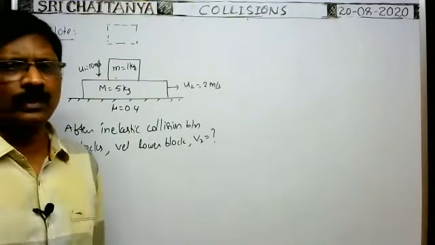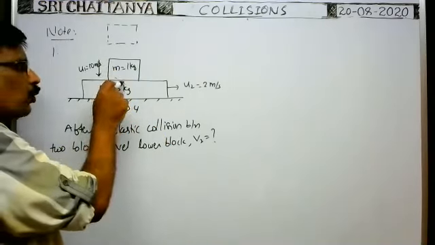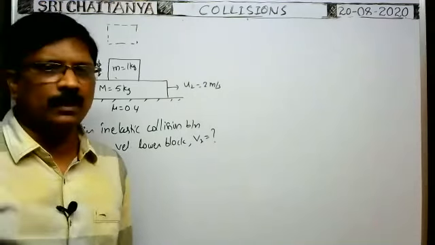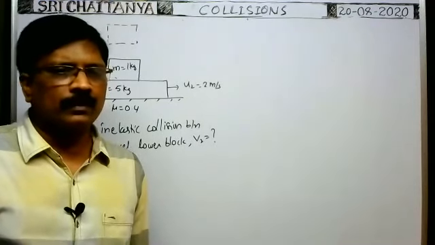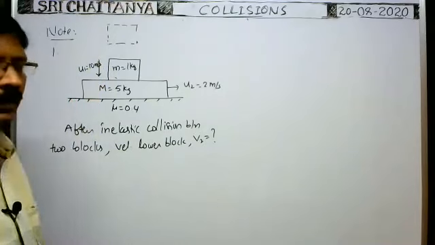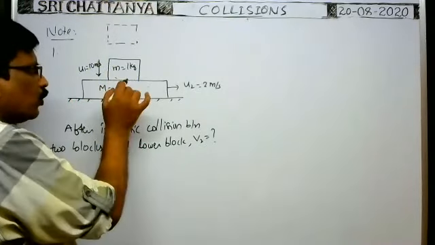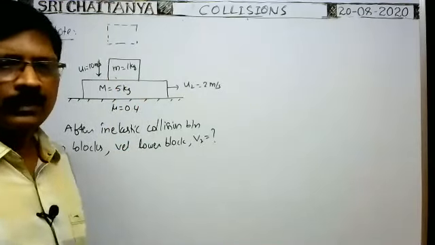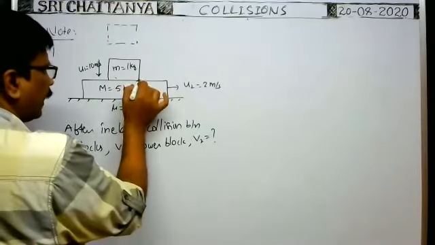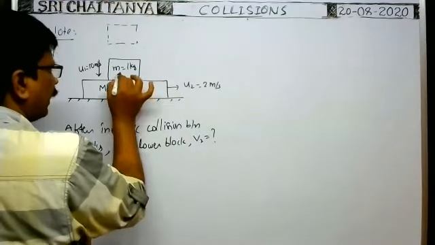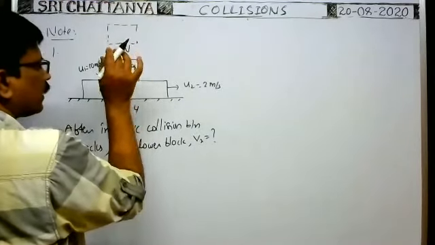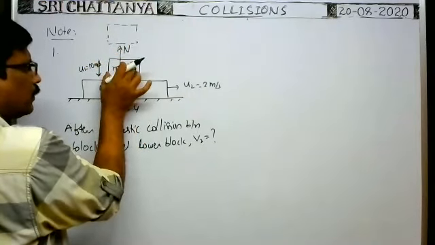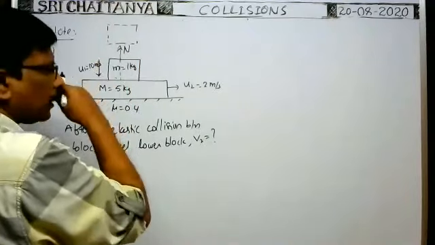Why does the velocity of this block become 0 in this direction? What is the reason? After making collision with the lower block, why does this block come to rest? Which force acts on the block to oppose its motion? Yes, the normal reaction acts perpendicular to the plane of contact. Because of the normal reaction, whenever collision takes place, it suddenly receives an impulse, and in this direction the momentum becomes 0.